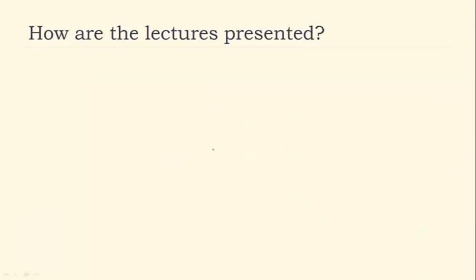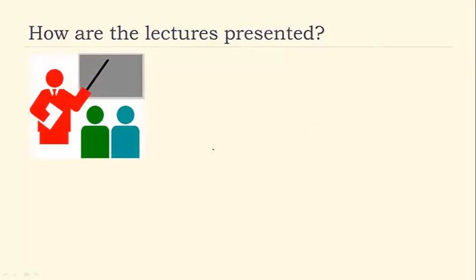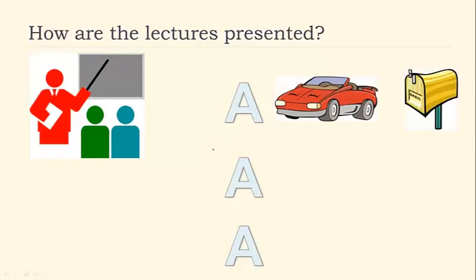Now, how are we going to present these lectures? We thought a lot about the pedagogy, or the teaching style, that would be the best for this type of material. We summarize that in 3 A's. The first one is analogies. Networks lend themselves very well to analogies to systems like transportation networks or the postal service. For instance, we can relate congestion on the internet to what happens when you sit in a traffic jam. And we can see how pieces of data get through the internet by looking at how messages are routed in the postal system. So we'll call the first A here analogies.